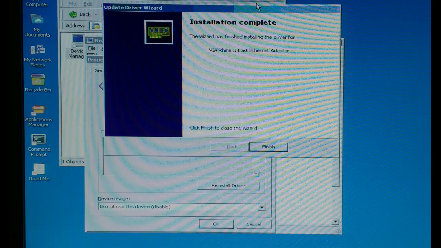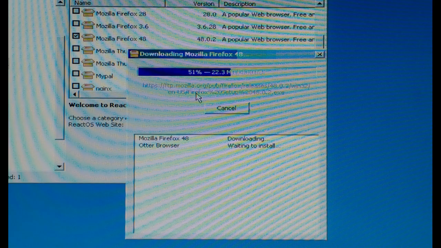Instead of using the executable in the Ethernet driver folder, I'm installing directly from the Device Manager. I find that using the install executable can bork the system, and just going right to the driver itself works a lot better. Now that we can connect to the internet, we can download stuff from their little collection of